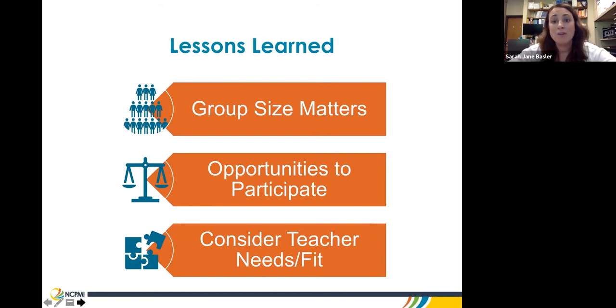And it's also important to consider the needs, the personalities, and really a teacher's desire to participate in group coaching when you're creating the groups. You wouldn't really want to have someone that's not keen on joining a group in a group, because they might not really participate, and that just makes it hard for the rest of the group.